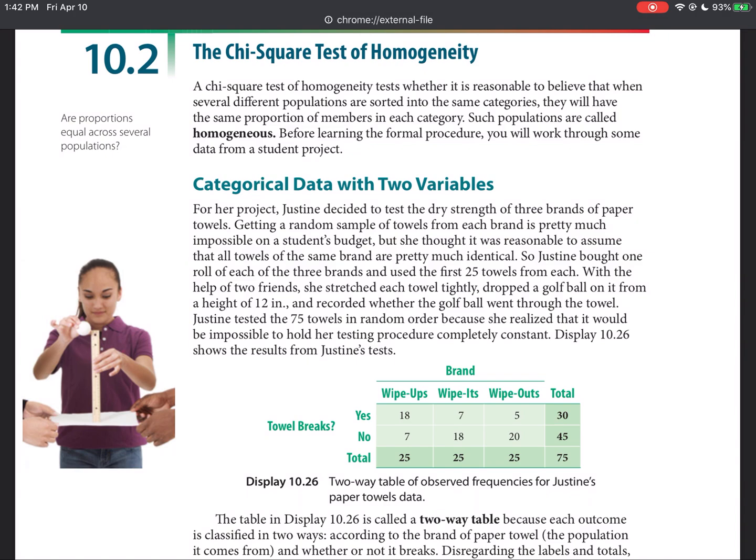and we could be like, all right, what brand is this? And let's assume that there were only these 3 ridiculous brand names: Wipe Ups, Wipe Its, and Wipe Outs. Okay? But then let's say that there's another variable, not just breakage, but something like the number of sheets of paper. So we don't just want to compare the brand, but we want to compare how many sheets come on each roll. All right? So we'll have brand as one thing, and the number of sheets on a paper towel